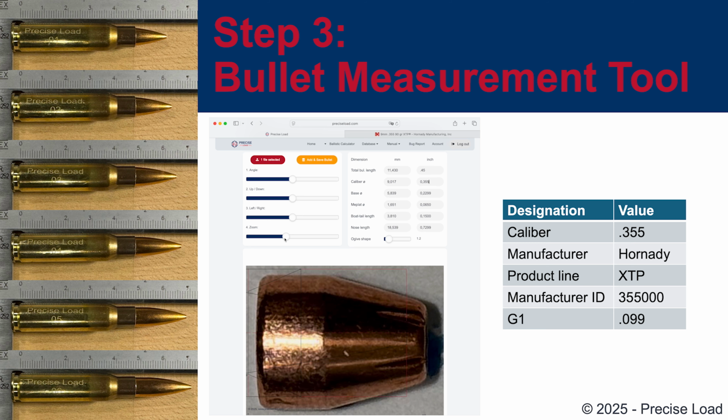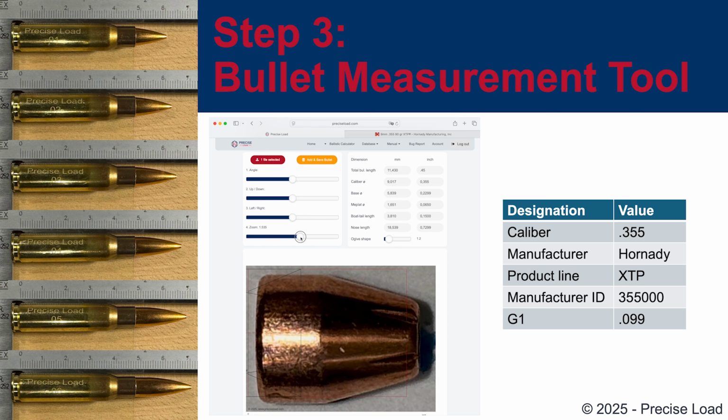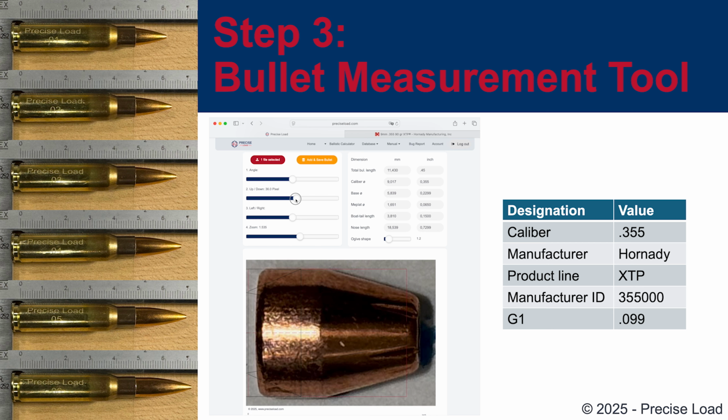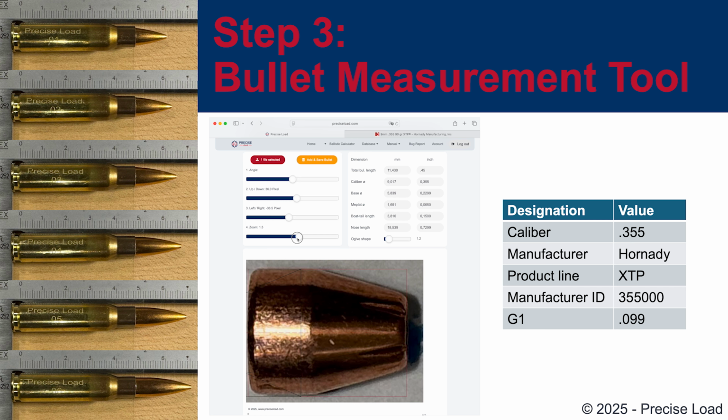Now it's time to fit the bullet into the red rectangle shown on the screen. Start by roughly adjusting the zoom level so the size looks about right. Then move the image vertically and horizontally until the bullet is centered properly. You can also adjust the angle if needed. For rough positioning, I suggest to use the sliders. For fine-tuning, the arrow keys on your keyboard work best. It might take a few tries, but with a little practice, the whole process becomes very quick and intuitive.